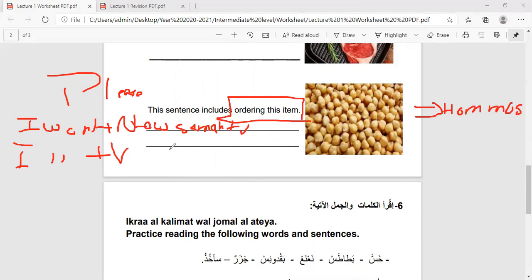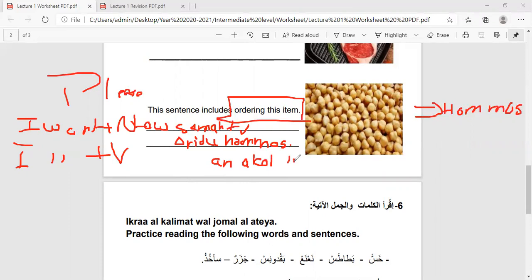لو سمحت, I want, what does it mean? أريد. Here you're not buying. So if you're not buying, you don't mention the kilos. أريد what? حمص, the chickpeas. Okay. أريد حمص. Clear, guys? أريد حمص. This is I want plus a noun. If you want to make it plus a verb, I want to eat chickpeas. أريد, what do you do? آكل